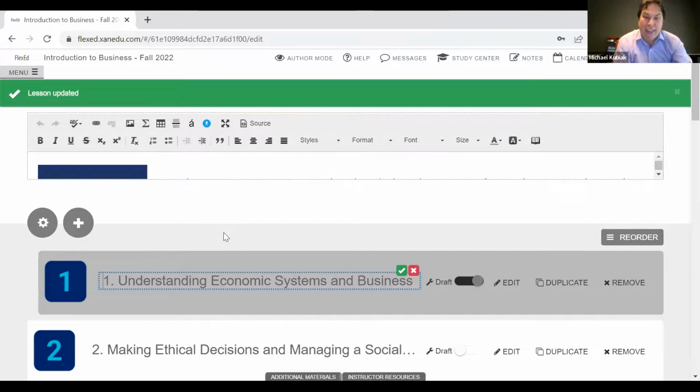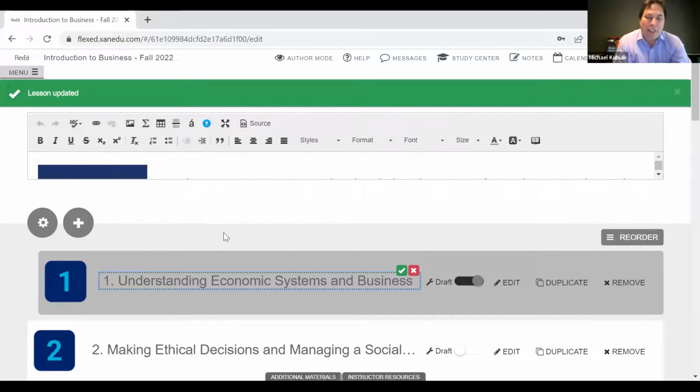These are also the kinds of things that our XanEdu team can assist you with. So we're showing you all of this, and so you know that you can do it yourself as the instructor or coordinator, but our team can also make these edits, particularly for teaching multiple sections. We don't want you to have to go through and do all of that setup work yourself. That's what our team is here to assist with as well. So those are a couple key features: easy to edit, easy to reorder.